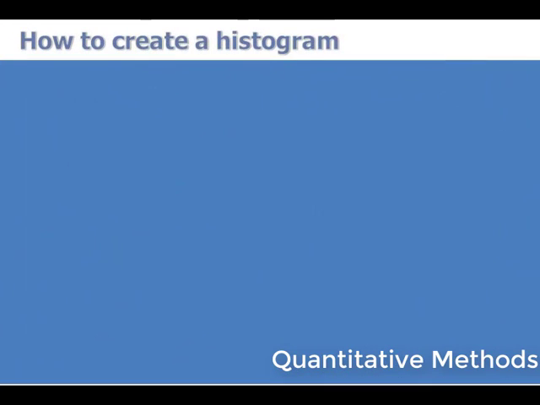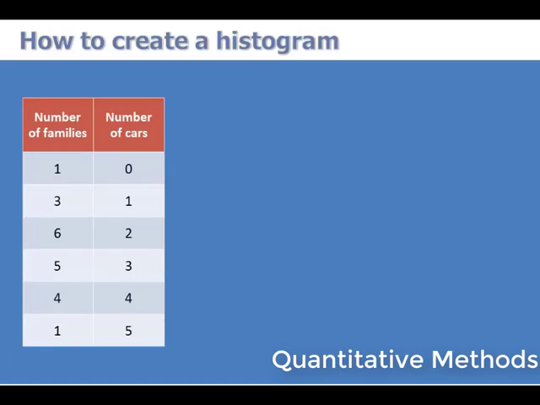Let's work through an example to show how to create a histogram from raw data. Here's a table that shows car ownership among 20 families. One family does not have a car. 3 have 1 car, 6 have 2 cars, 5 have 3 cars, 4 have 4 cars, and one family has